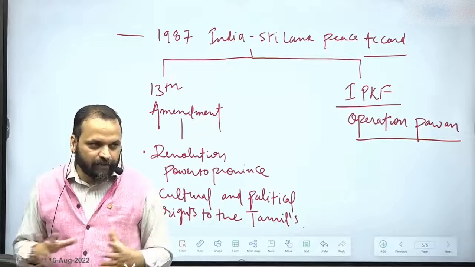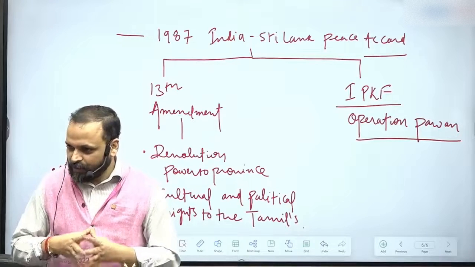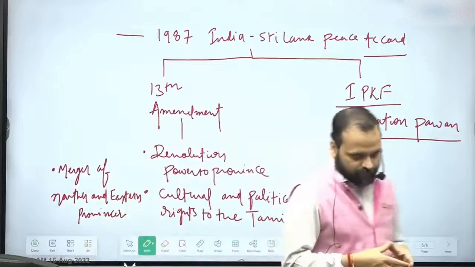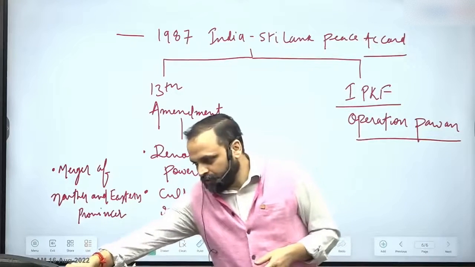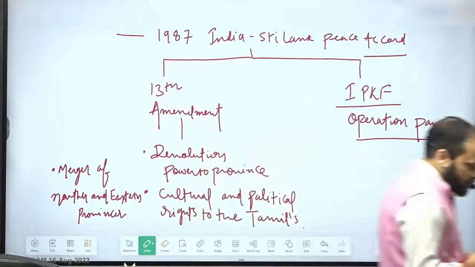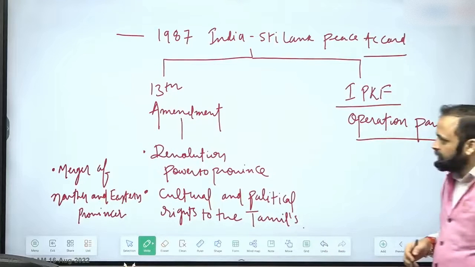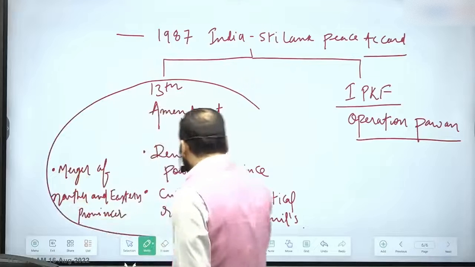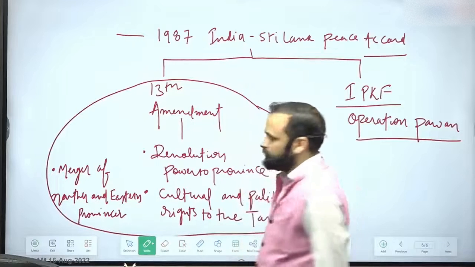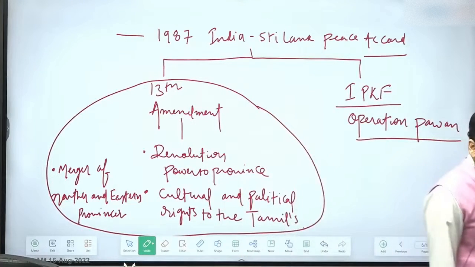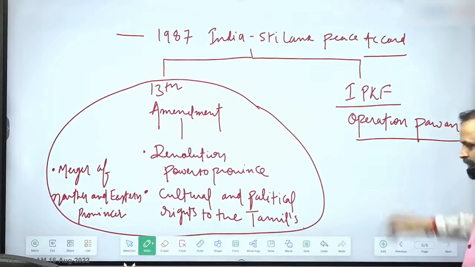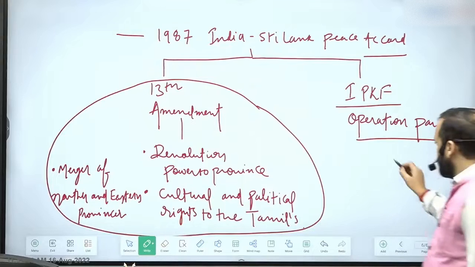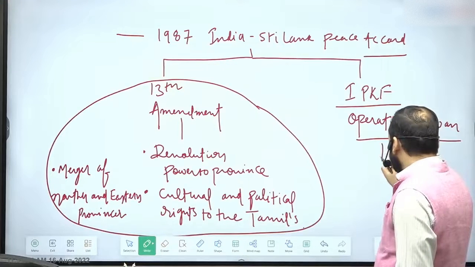So ultimately, this did not unfold as it was intended to. Operation Pawan ultimately proved to be a disaster, right? But this particular solution is still the preferred solution for India, right? So IPKF was disbanded in 1990. We brought back our soldiers, and then what happened was